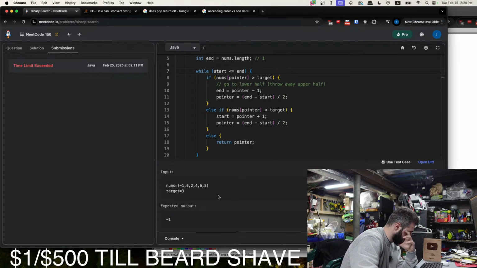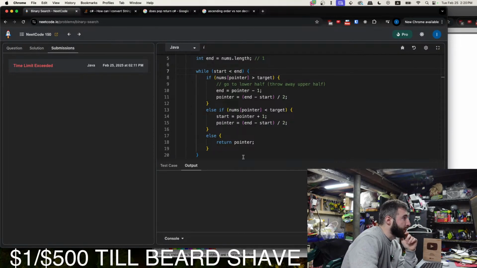You have an infinite loop for this case. There's a better way to fix this.